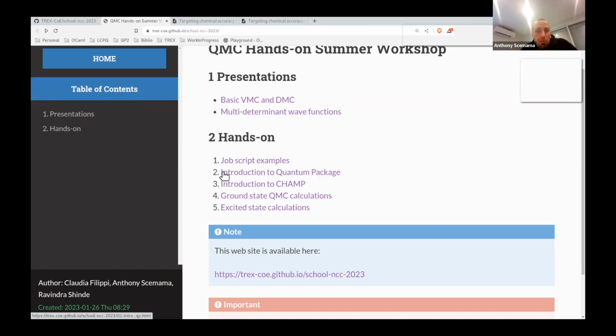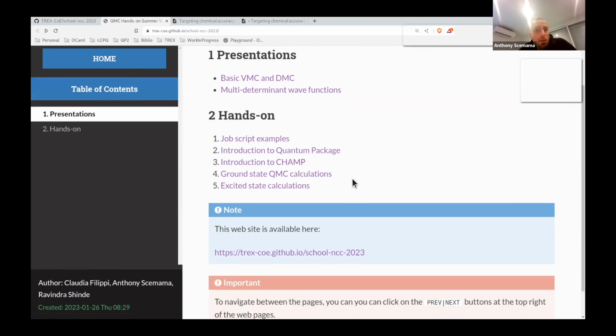There will be first an introduction to Quantum Package, and then a little introduction to CHAMP, the QMC code. Once you know what these programs are, you will be able to start to play with them. In the first exercise, we will do ground state QMC calculations, so that you're familiar using the two codes and exchanging information between them.